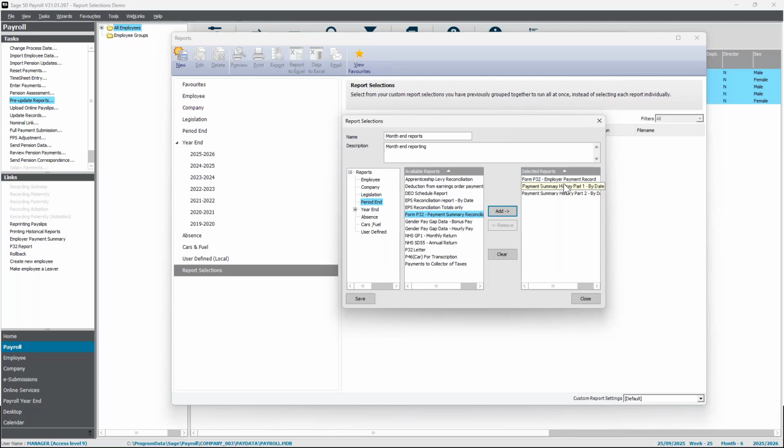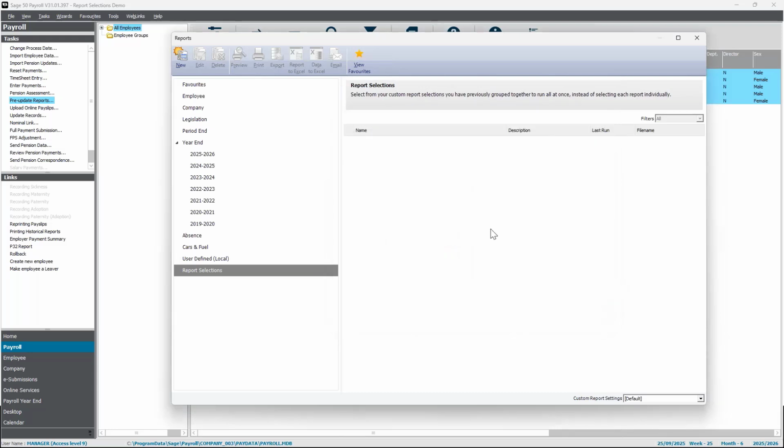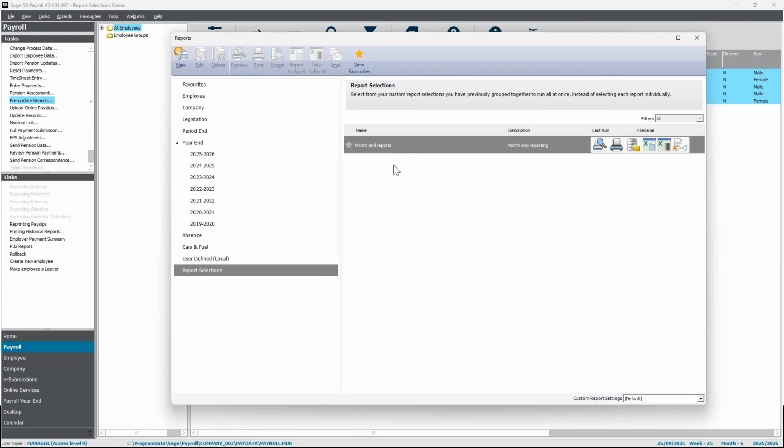Once you're happy with your selected reports in here, again, you just want to hit on the save and then remember to hit on close as well. And that report selection will then pop up in your relevant folder. Now I'm going to preview these ones, just with it being post-update reports. They are going to look a little bit different in terms of criteria. So if I hit on the preview button,